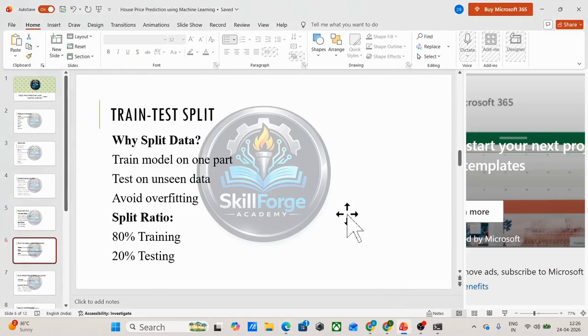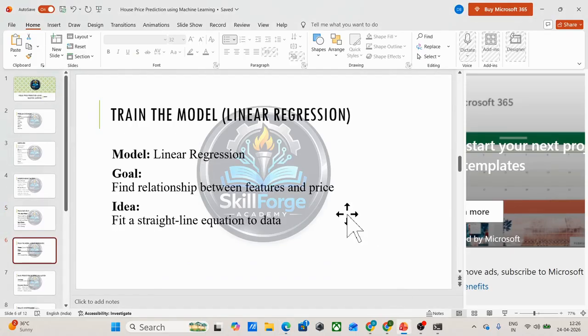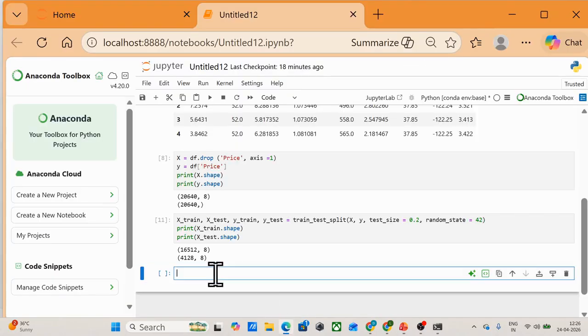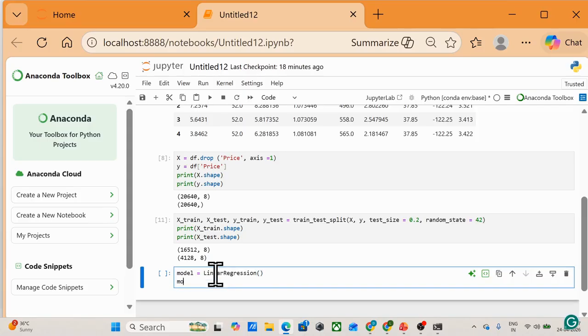Next, what we are going to do? Next, we are going to train the model. So here we will train the model using linear regression. Let us create our model. So we are going to take linear regression. We'll train it using fit, model.fit x_train, y_train.